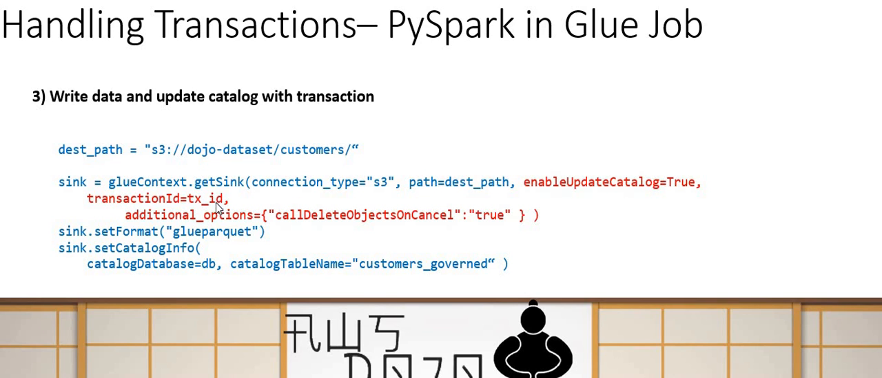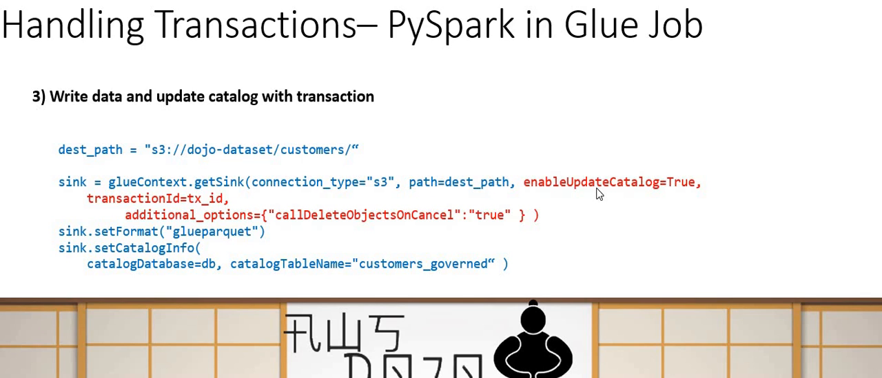So I want to update my catalog. I'm passing the transaction because I want to perform this operation under a single transaction. And then I'm simply saying, as an additional option, delete object on cancel equal to true. That means if at any point of time the transaction fails, roll back and delete my object. So whatever data I am going to write using this sink, that data should be rolled back. That should be cancelled out. And of course, it will also cancel out my updating of the catalog. So in Lake Formation, you called two different APIs to do that. Here, in a single